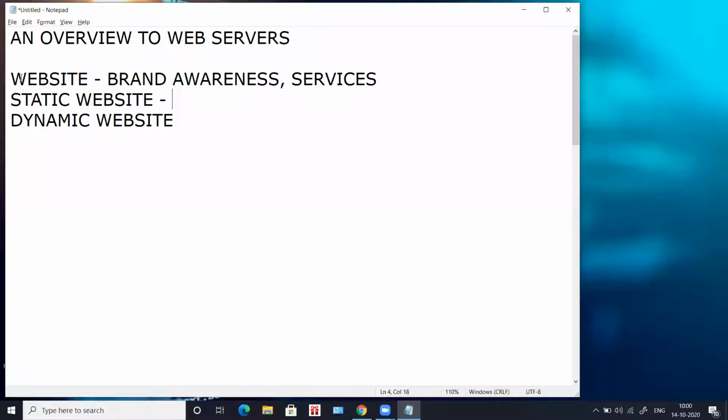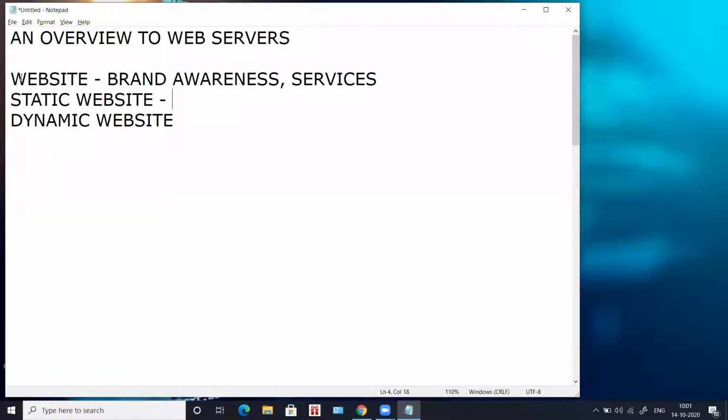Now, what is a static website? In very simple terms, any website that you can only see and cannot communicate with is a static website. Most company websites will be static because you cannot communicate with them. They just want to show what services they are doing, so they create static websites.